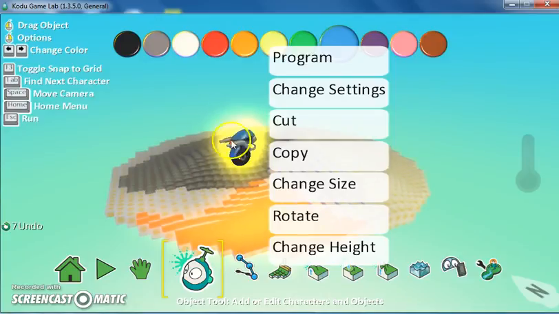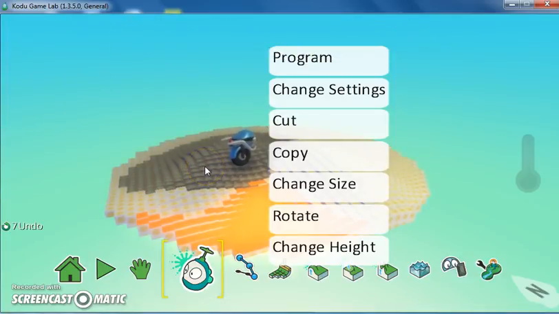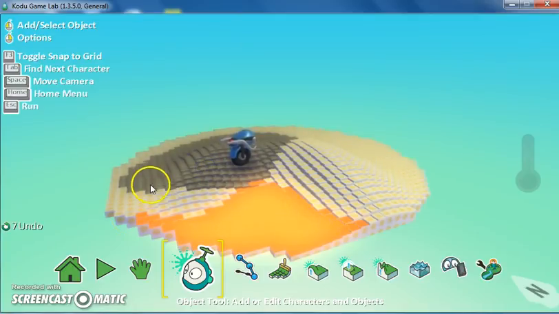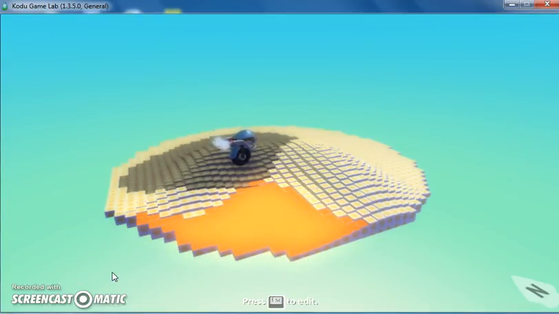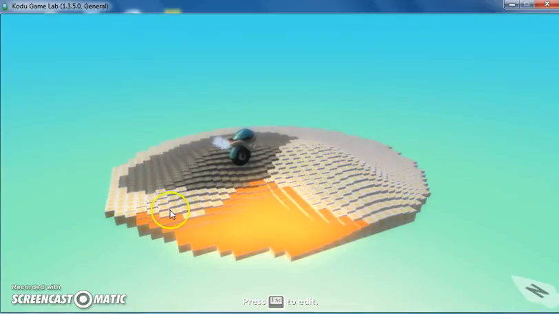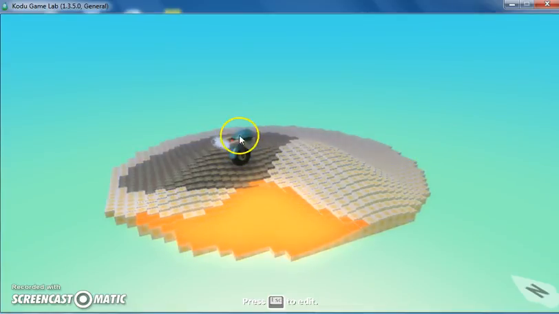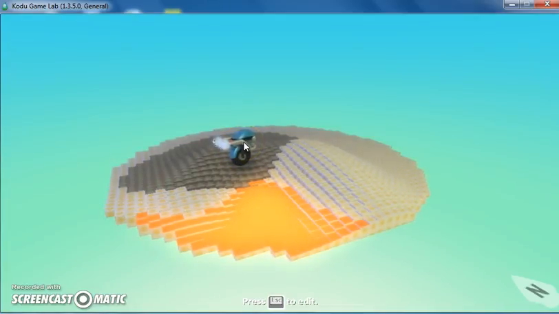that he can move. If I look at my game in play mode at the moment, this is what it is like. You can either press play or you can press escape. So if I press play, this is my game. Now if I press anything, nothing's going to happen because this little cycle hasn't actually been programmed to do anything. So I've basically got a world, I've got a character, but because I haven't told him what he has to do, he can't do anything. So it's a really boring game at the moment, and it's not really even a game. So if I press escape,